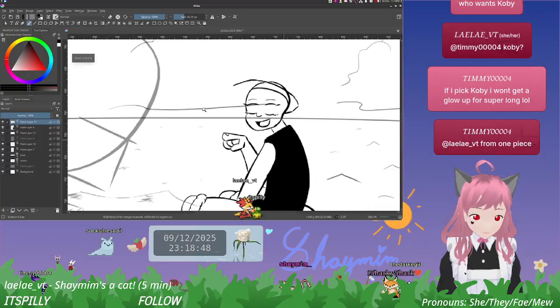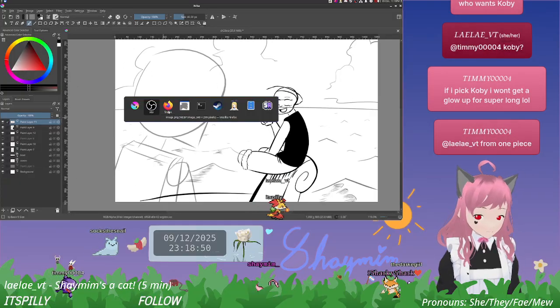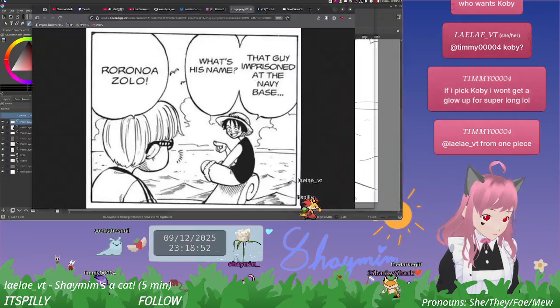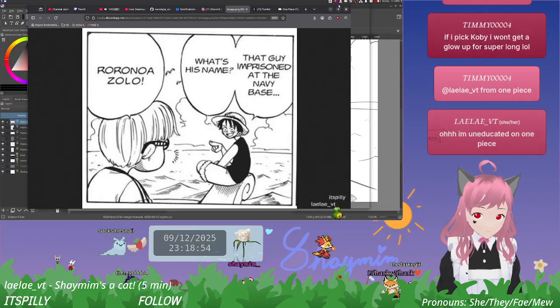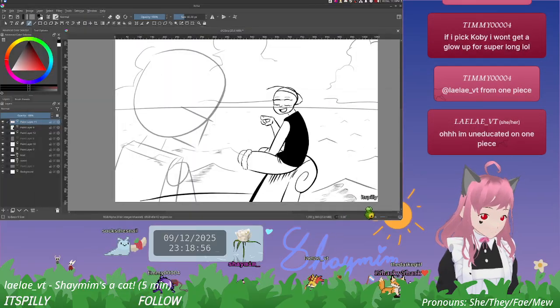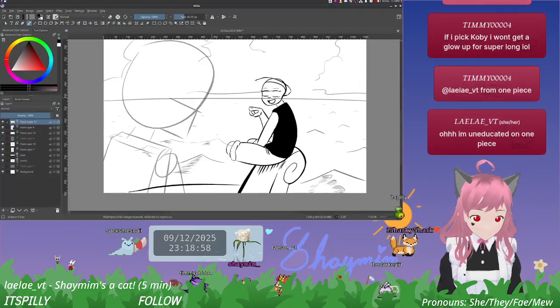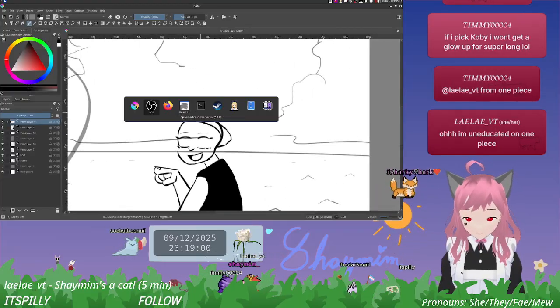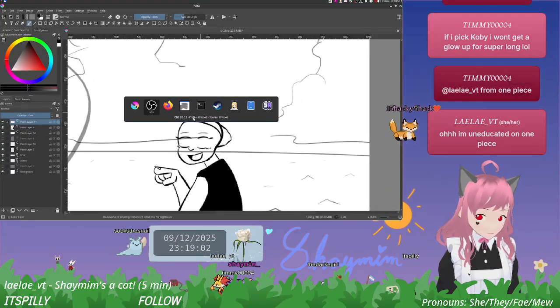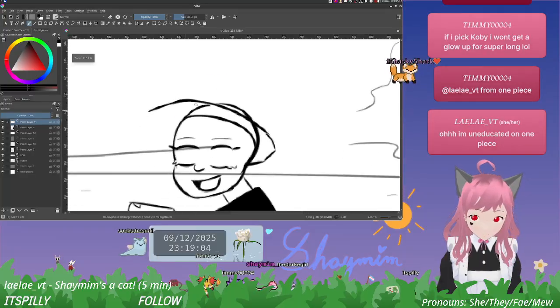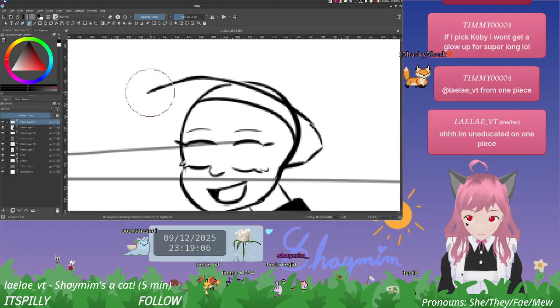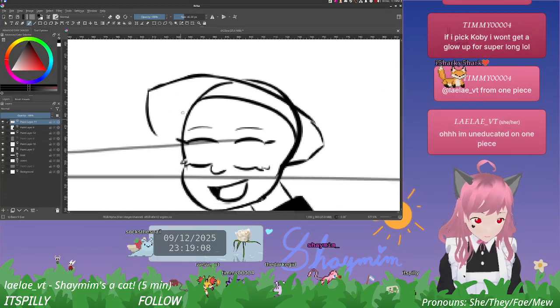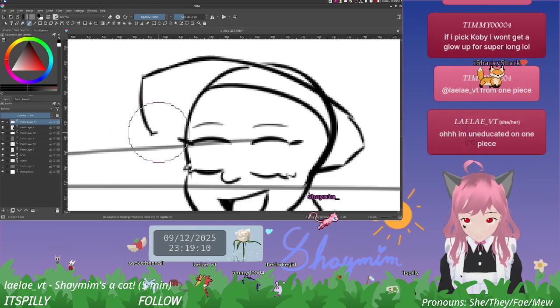If I pick Kobe, I won't get Club. Kobe's the one who's going right here. This one. You're uneducated. It's okay. If you want to be this character that is good, they'll be in the story for a little bit and then disappear for a long time. So you can even just choose any old character for me to use as a reference, you know?